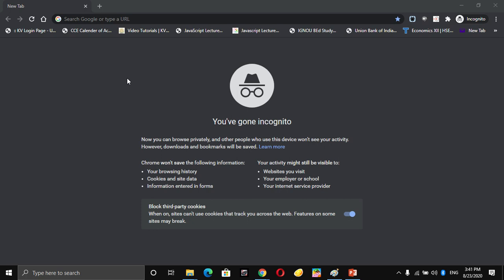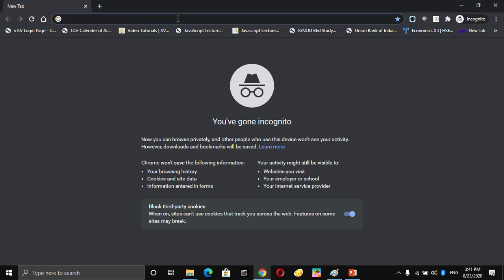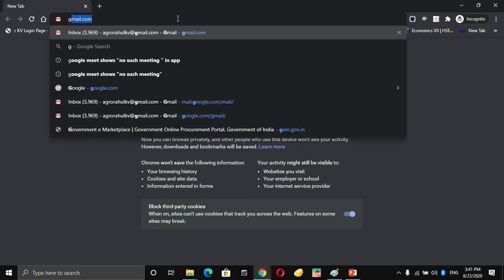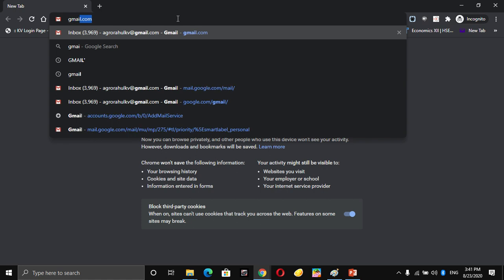This ID will start with STU, followed by the name of the student, followed by the admission number at KVS Chennai region.in. To begin with, we will open gmail.com.